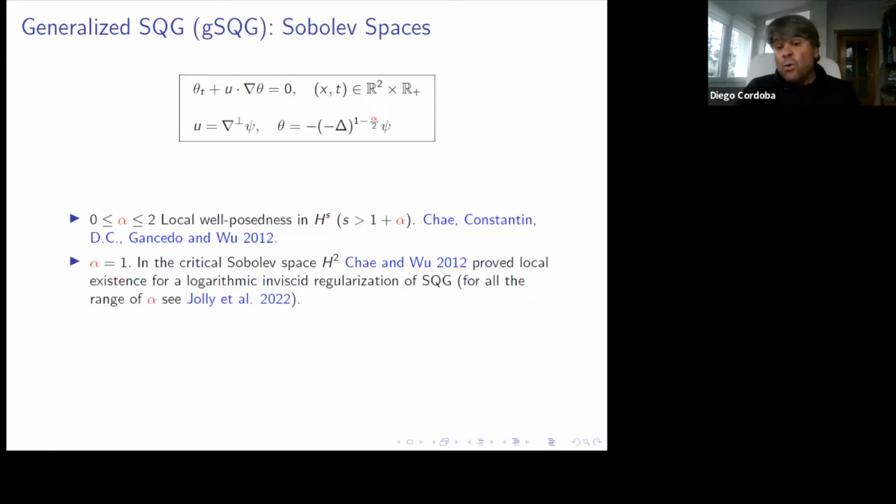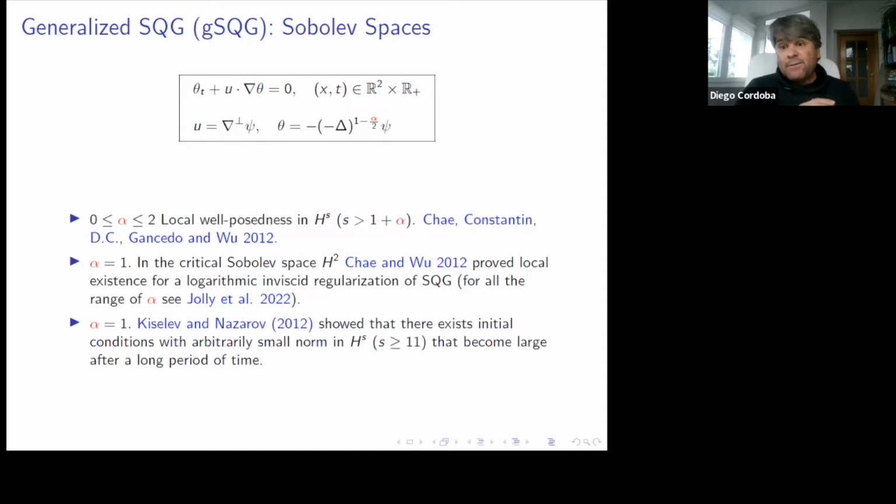Pai and Wu, for SQG in the critical Sobolev space H^2, proved that local existence still holds for a logarithmic regularization of SQG. Okay, and this result was extended for the whole range of alphas by Jolly and their group recently. Kiselev and Nazarov